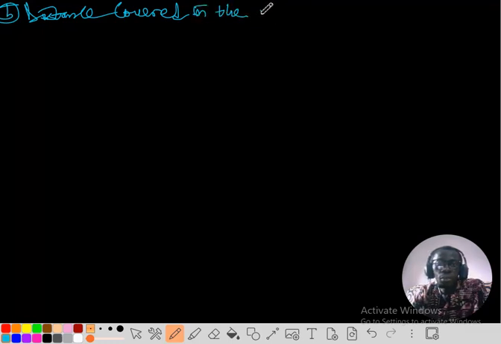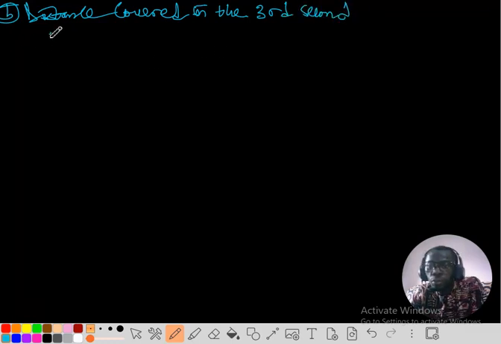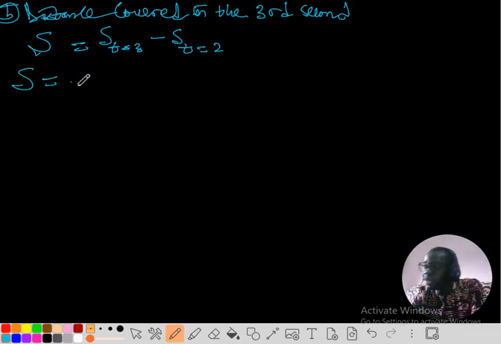Distance covered now in the 3rd second. So if you are looking for distance covered in the 3rd second, it's going to be distance covered in the 3rd second. It will be distance when t equals 3 minus distance when t equals 2, similar to that of velocity. Now the expression for the distance is given directly in the question